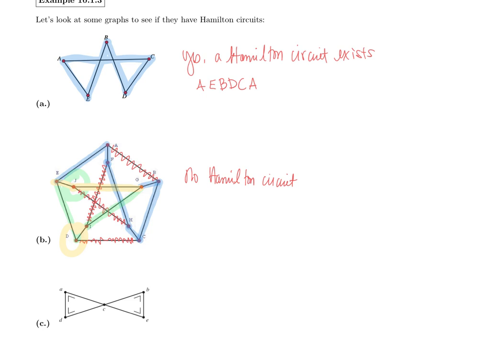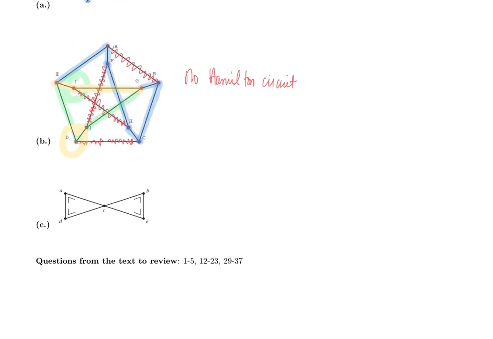And then for our last example, we've got this cool bow tie looking example. And this one should be actually the easiest of all three to see how you can't have a Hamilton circuit, because if I start at B and I go to E, I go to C, well, I can keep going to A, that's okay, to D, but then I have to go back through C in order to get to B. So no matter what I do, I have to go through C more than once. So there is no Hamilton circuit